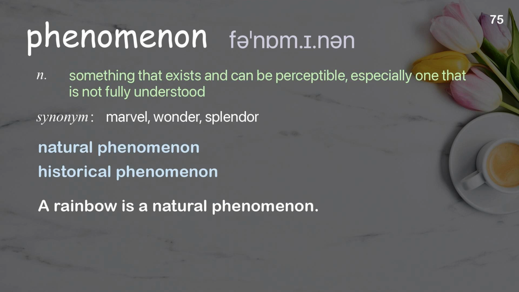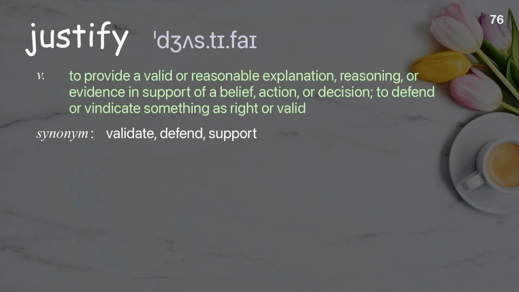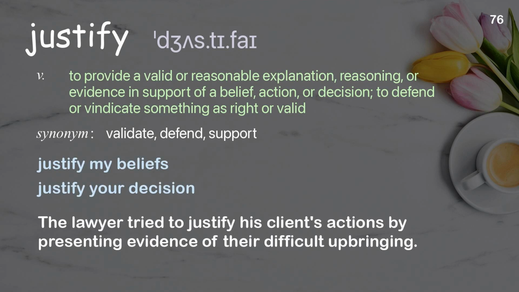Natural phenomenon. Historical phenomenon. A rainbow is a natural phenomenon. Justify. To provide a valid or reasonable explanation, reasoning, or evidence in support of a belief, action, or decision, to defend or vindicate something as right or valid. Examples: